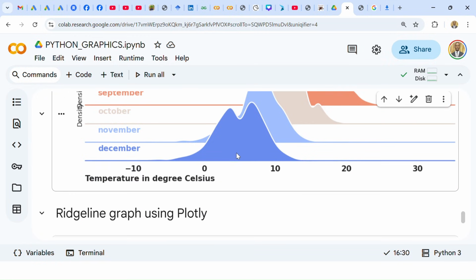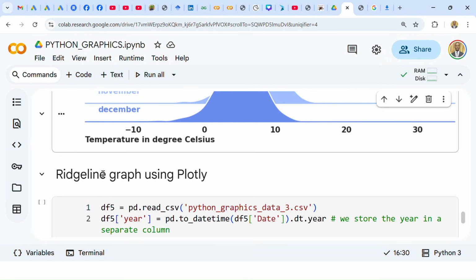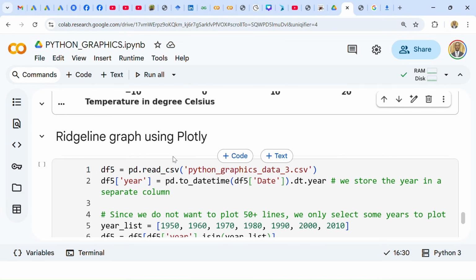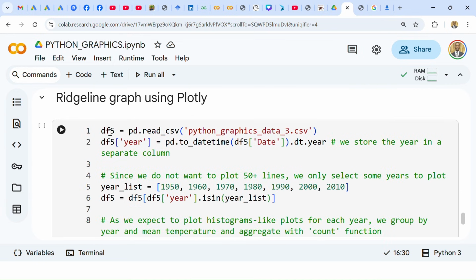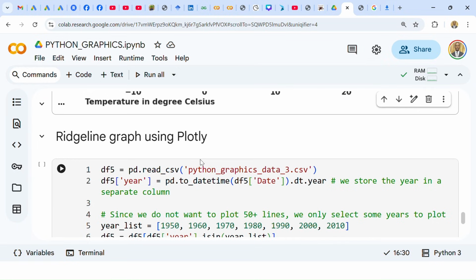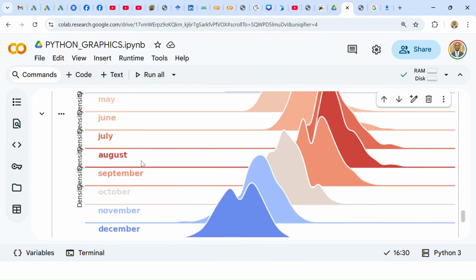Now the source locators. Here we have this one, the ridge. That's what we're saying using plot. So what we do is we have loaded already some information above, the other data from last time. We have already another data set, which was 3, but from that data set last time we were taking